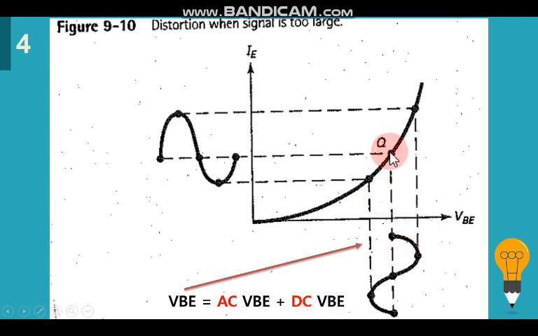So this is your DC Q point. Whenever the AC voltage is coupled, when the positive half cycle is there, your VBE will increase like this, and when there is a negative half cycle, your VBE will decrease like this. So it will move up to this point and your Q point will go higher. In negative half cycle, your Q point will come down. Proportionately,